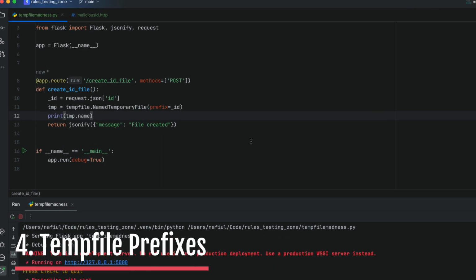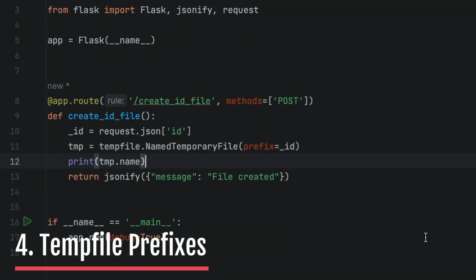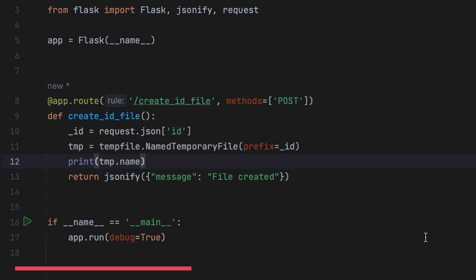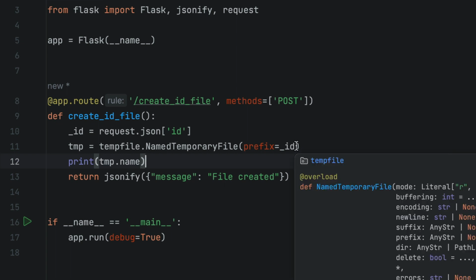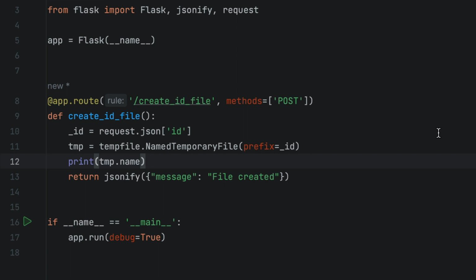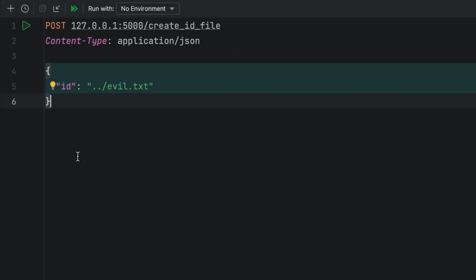The next one is a problem in a similar vein to the last. So this is about the temp file module that we have in Python. And what's interesting about this module is that it can create a named temporary file. So over here, you can see that I have something called a prefix, and this is something that is prepended to the file name. And this is the keyword argument that is susceptible to a path traversal attack. You can put in a path that tries to access a directory right above the one that you're creating the temp file in. So for example, if we were to run this request,